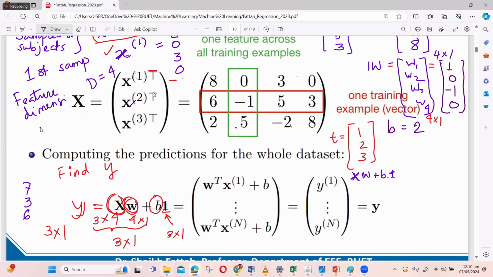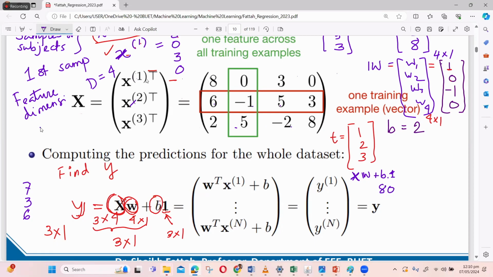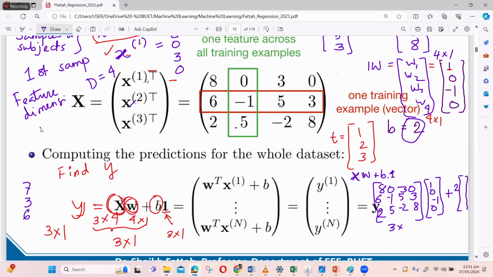তোমার যদি এখনো কনফিউশন থাকে, এটা জাস্ট এই যে X এর সাথে W যে 8030, তাহলে তুমি কি করবে? 8030, 6 minus 1 5 3 2 5 minus 2 8, এই ম্যাট্রিক্সের সাথে W গুণ দিতে হবে। W হচ্ছে 10 minus 10, প্লাস b বলে দেওয়া আছে 2, তাহলে 2 2 2 2 লিখলেই হচ্ছে। এটা 3 ক্রস 4, এটা হচ্ছে 4 ক্রস 1, 3 ক্রস 1, এই গুণটা করতে হবে।